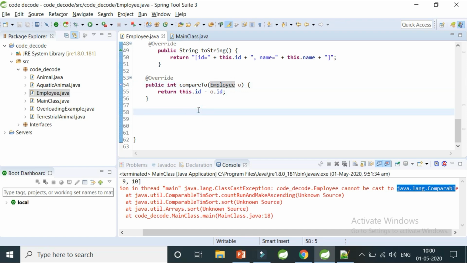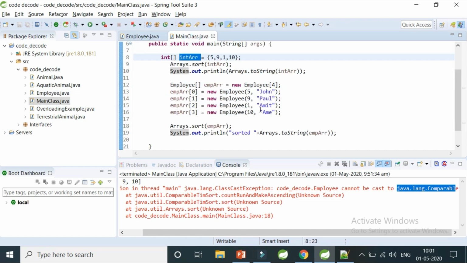It will return 0 if both of my objects are equal. If the current object's id is less than the Employee o's id, it will return negative, or it will return positive if the current id is greater than o's id. So this is how I'm going to compare my custom class objects.